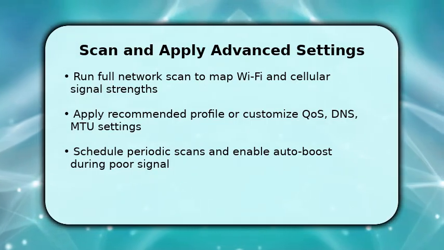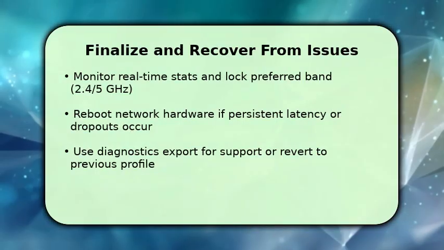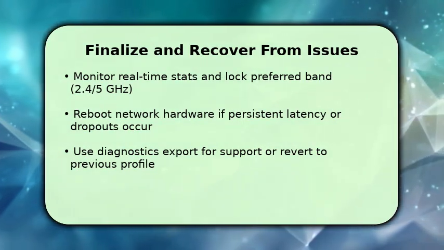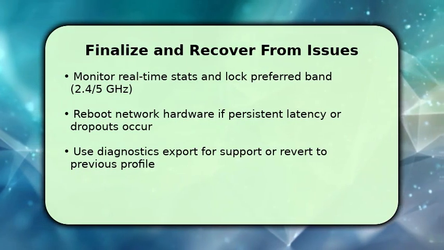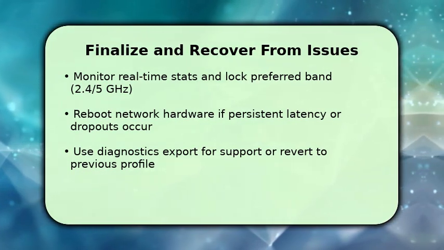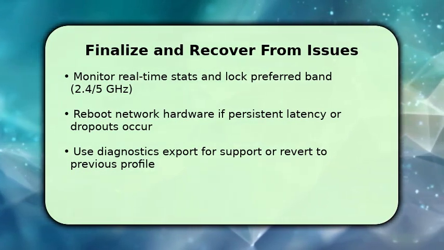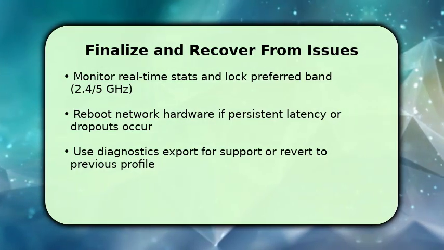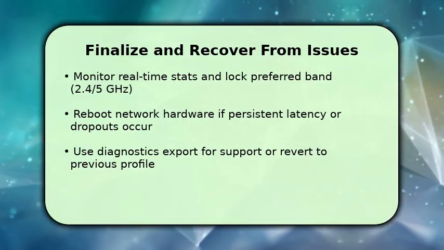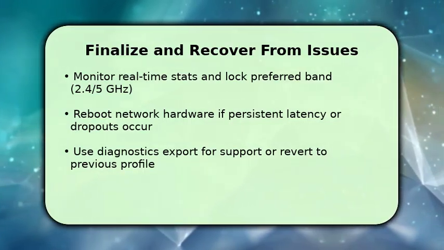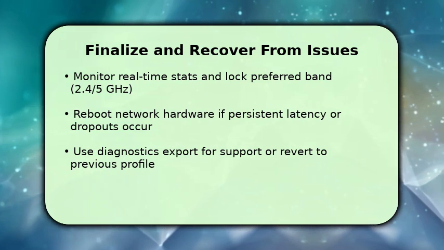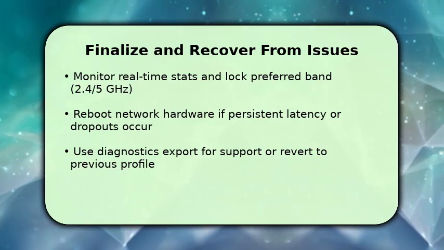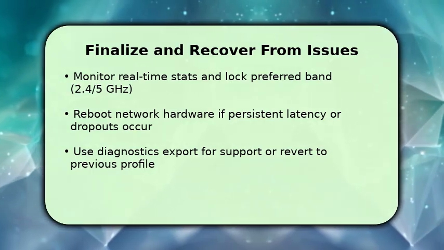Finish by monitoring real-time statistics to verify stabilization and lock your preferred band, whether 2.4 or 5 GHz, for consistent throughput. If you still experience persistent latency or dropouts, reboot your modem and router to clear caches and re-establish clean connections. This often resolves lingering routing issues. If problems continue, export diagnostics and either revert to the previous profile or contact support with the export. One quick troubleshooting tip: if speeds suddenly drop, toggle airplane mode for